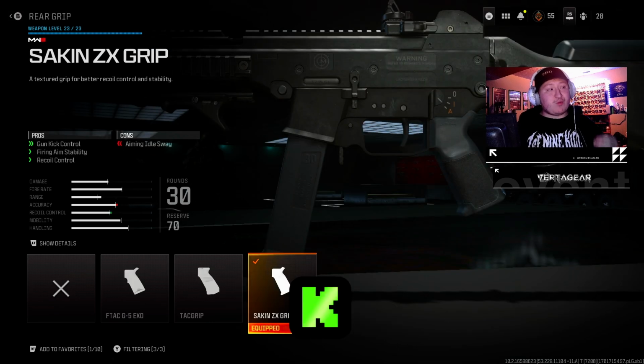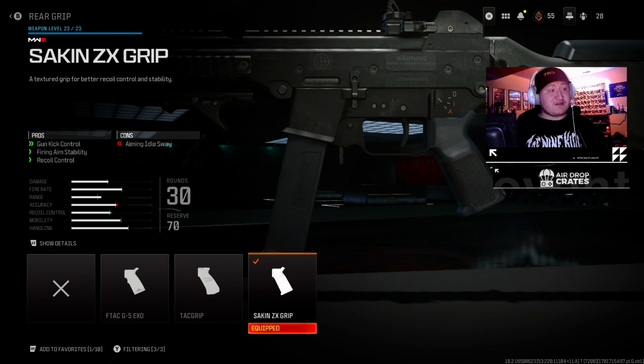For the rear grip, we're using the second ZX grip. This is going to give you gun kick control, firing aim stability, and recoil control, while losing a little bit of aiming idle sway, which is why we chose that particular underbarrel. So this counteracts it, gives you better recoil control and stability for when you're in both short range, medium range,